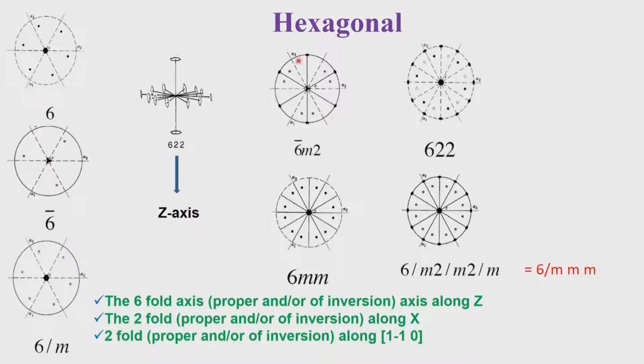But we can also have combinations like 6 2 2, for example, which means that the two-fold axis is again along x and the other two-fold axis, or inversion, is again along 1 1 bar 0. So, there is not much difference in the direction aspect, except that the symmetry is now controlled by the presence of the 6-fold axis compared to the trigonal system, where it was controlled by a 3-fold axis. In fact, there is not much of a difference between the trigonal and the hexagonal.